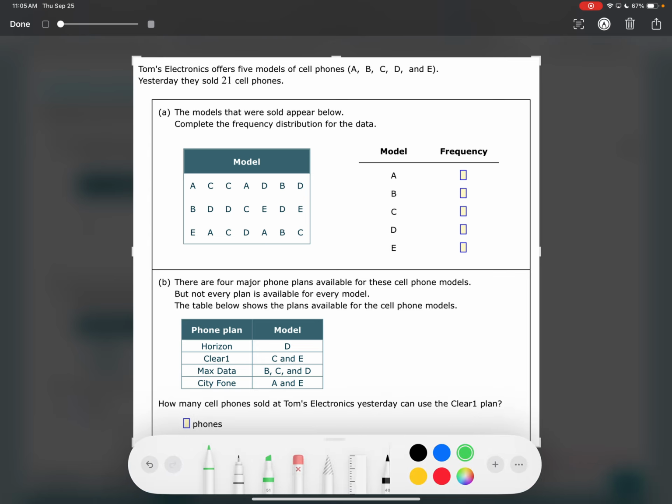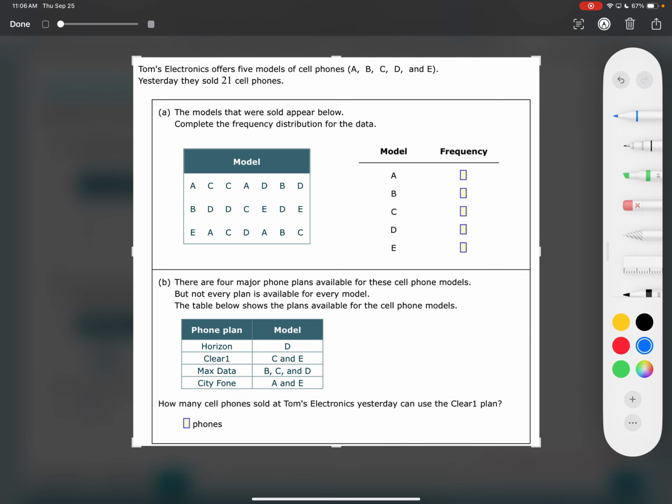So on these, where it says Tom's Electronics offers 5 models, A, B, C, D, and E, it's a frequency. We are just going to count these and go from there. It makes it a little bit easier that I can screenshot it. But the A's 1, 2, 3, 4. So the frequency just means to count. The B's 1, 2, 3. The C's 1, 2, 3, 4, 5. The D's 1, 2, 3, 4, 5, 6. And then my E's